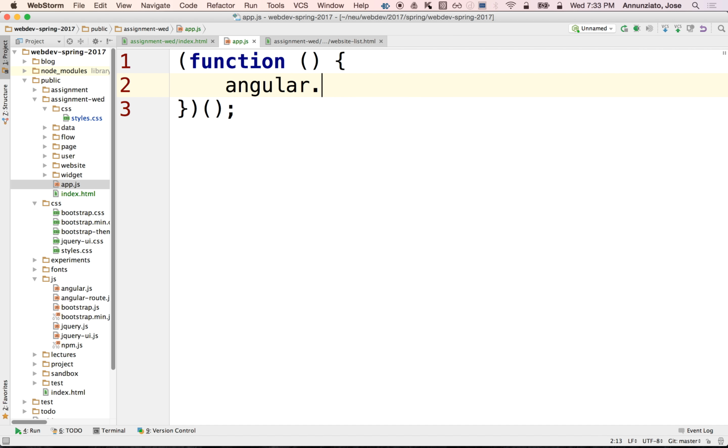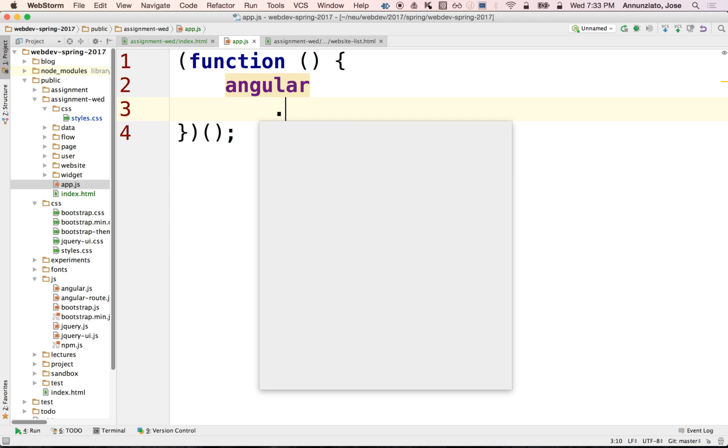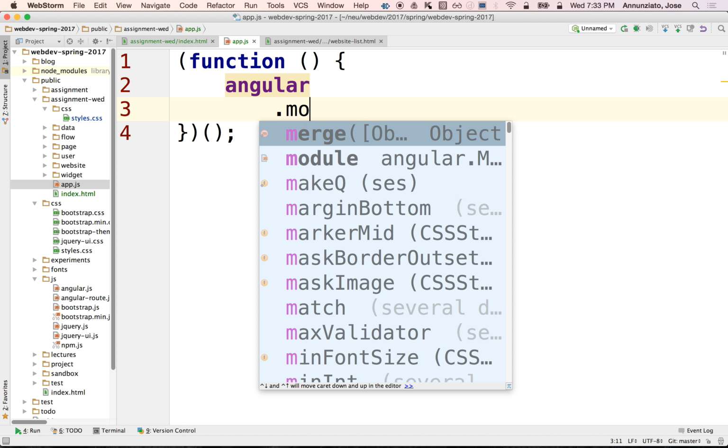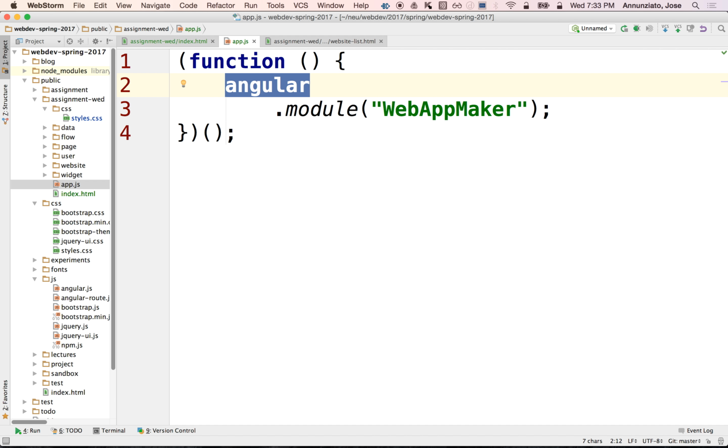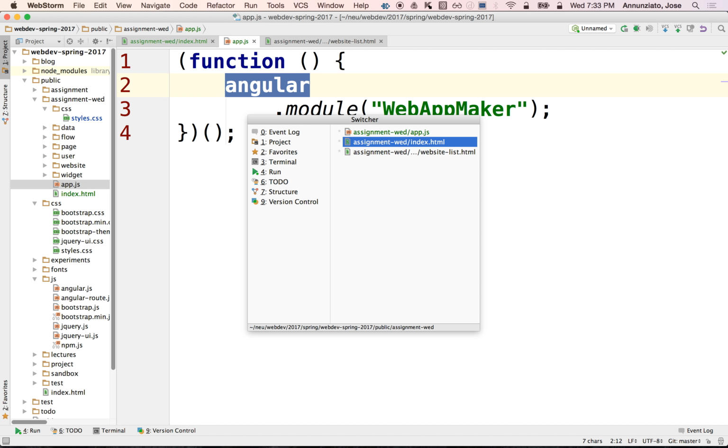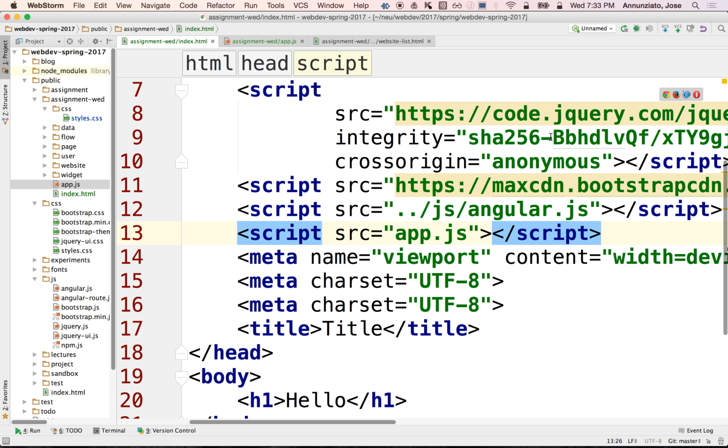And here we're going to declare a module. That module we declared earlier, right? We're looking for it. I believe we called it web app maker. Did we? Web app maker, I believe we called it. There it is. So what is this Angular? That's a variable. Who declared that variable? That variable was declared when we loaded the